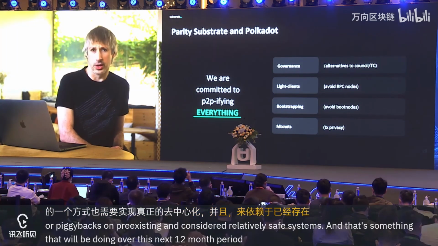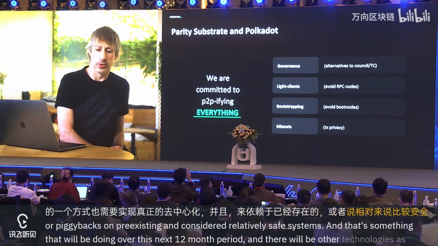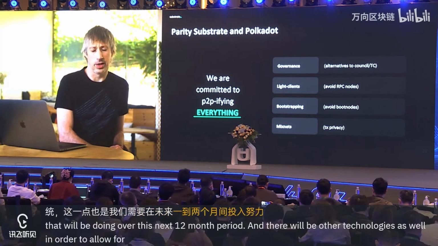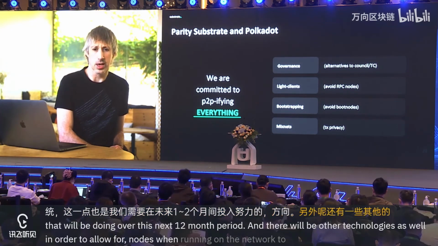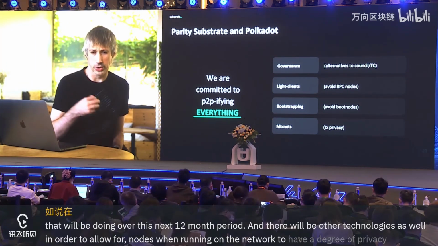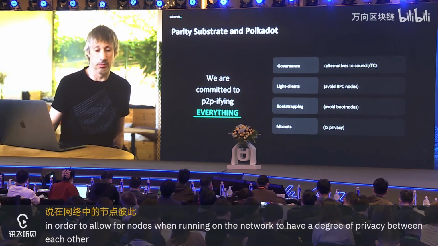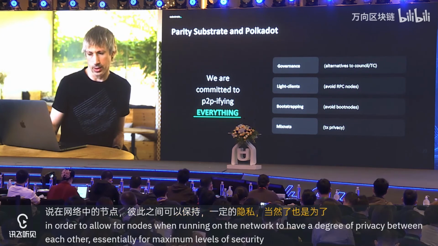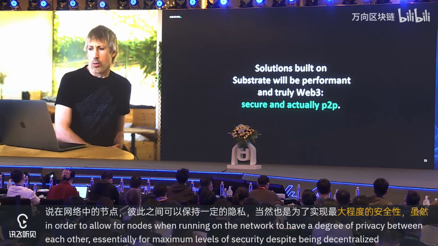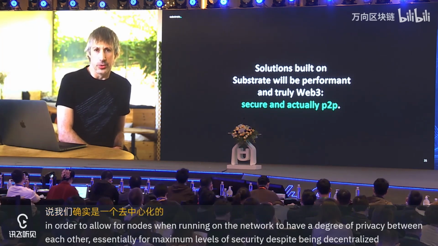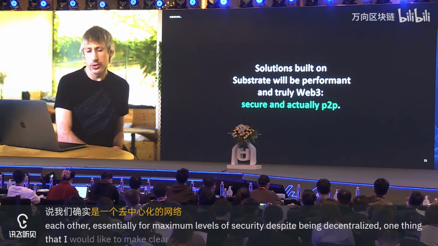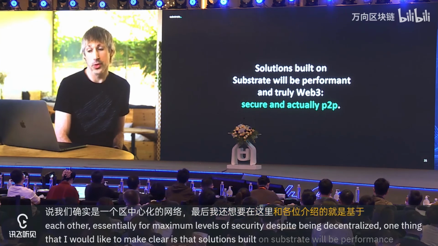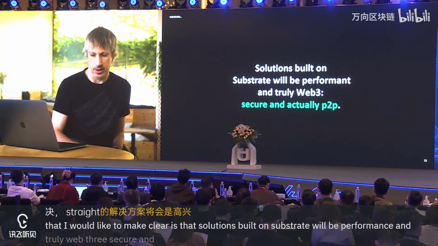And there will be other technologies as well in order to allow for nodes, when running on the network, to have a degree of privacy between each other, essentially for maximum levels of security, despite being decentralized. One thing that I would like to make clear is that solutions built on Substrate will be performant and truly Web3, secure and actually peer-to-peer.